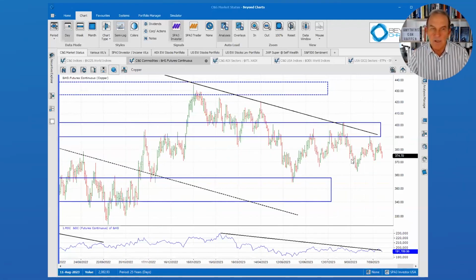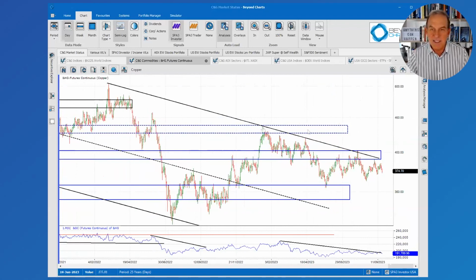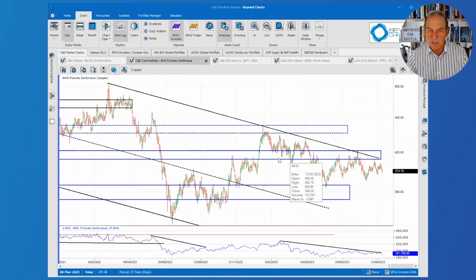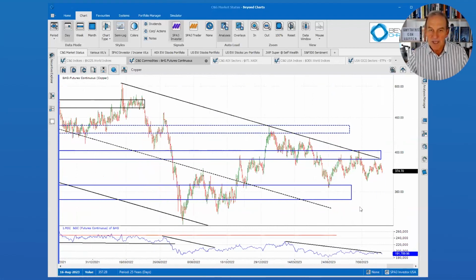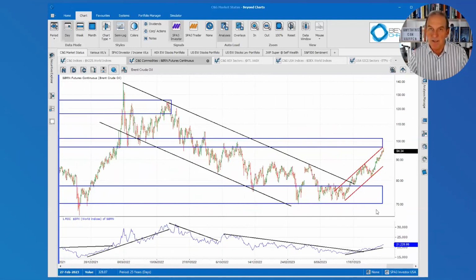Silver, nothing to really mention. Copper, which is one of the bellwether commodities, is still in a downtrend, bouncing off this upper channel line going down, and also this resistance zone over here, and underperforming gold. So no signs there of commodities or the resources side of the market starting to pick up. Certainly not in copper stocks, which is a bellwether for other commodities as well.